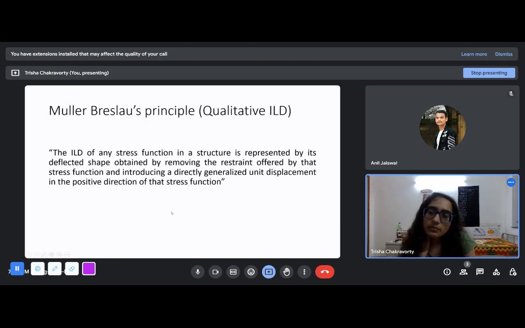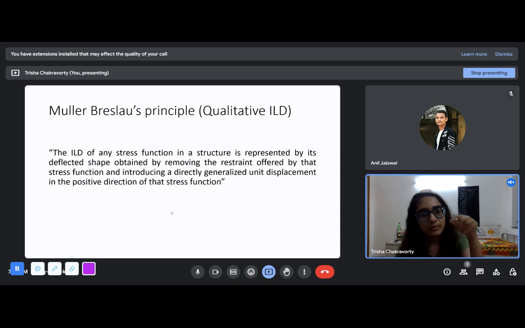Then we look at the Muller-Breslau principle. That was how we calculated the influence line diagrams quantitatively. You can find any kind of graph or diagram either qualitatively or quantitatively. Qualitatively is when you know the shape, the nature of the graph. For example, if I give you the equation of a circle like x square plus y square is a square, or an ellipse,